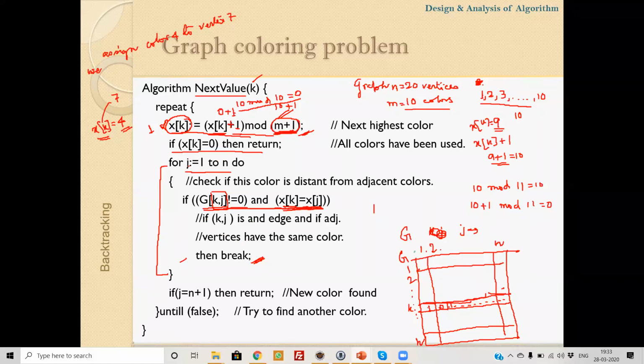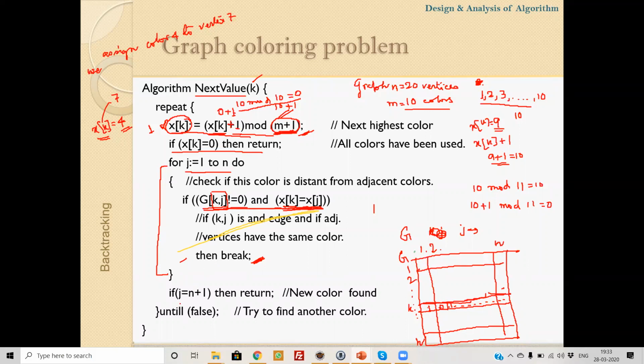If at any intermediate position this break statement is executed, then j will never exceed n. So the value of j will be less than or equal to n. That will indicate that this color is already assigned to some adjacent vertex, so we can't use it.